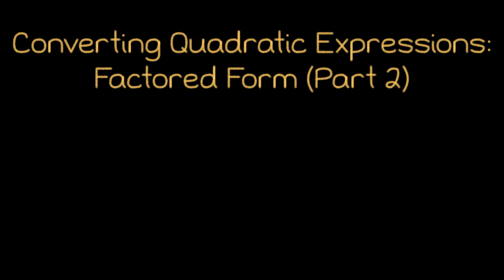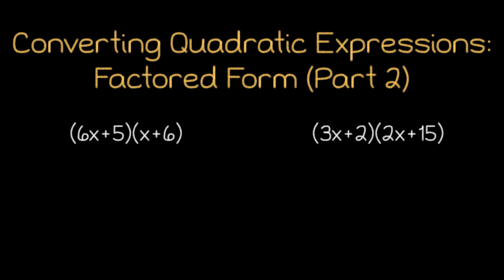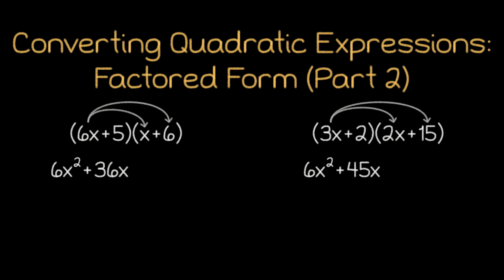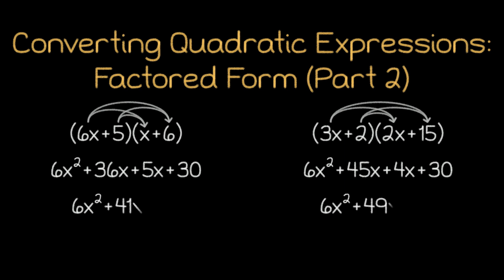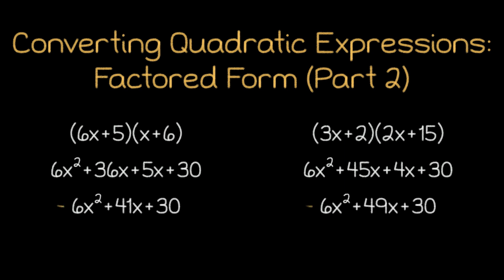Well, let's try out a couple examples here and see what we can observe. Notice that, like before, we still need to do double distribution, and that process still results in terms that are quadratic, linear, and constant. However, when we get around to working our way backwards through this process, notice the challenges that those leading coefficients will introduce.